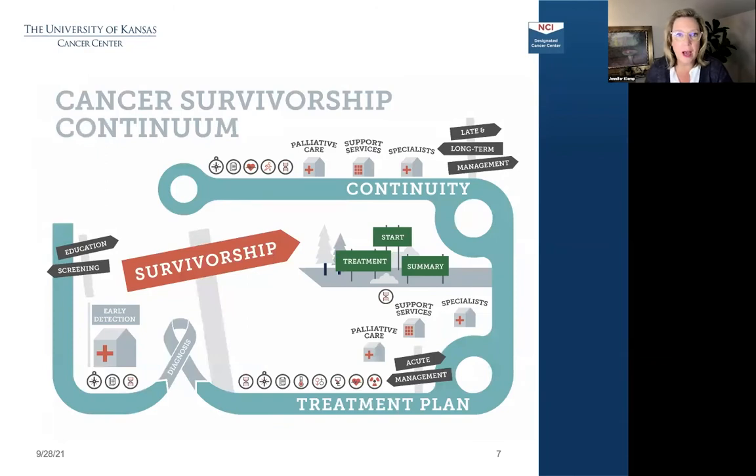So this slide is something that I have used actually since 2006. So it is an oldie but a goodie. And it really has helped us anchor how we conceptualize survivorship, how we build our program, and how we deliver service across the cancer control continuum. So if we use, once again, that definition of survivorship beginning at the time of diagnosis, we know that navigation and guiding your way through this cancer experience is a priority for all of our patients, and they need different levels of navigation and different levels of support.